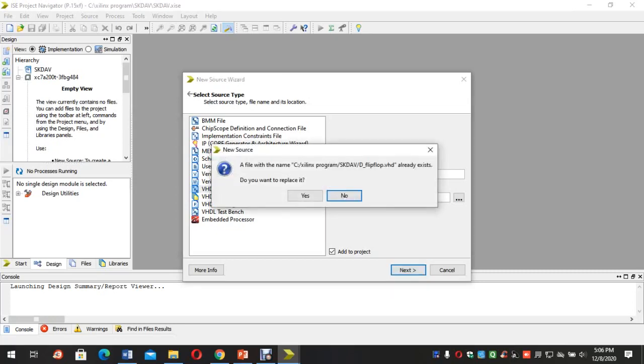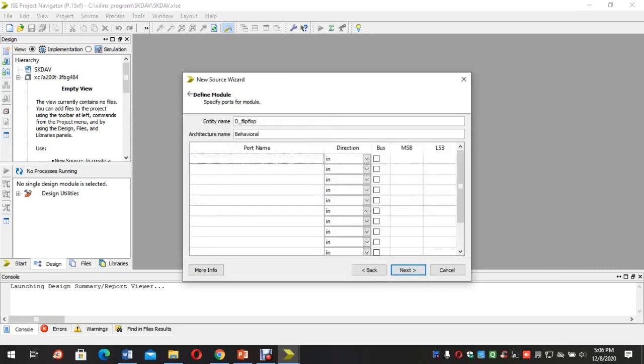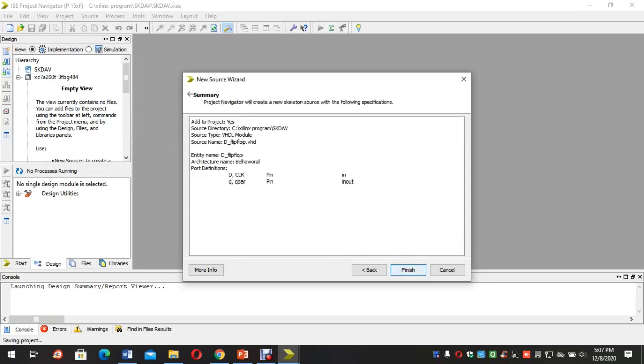Then next, here we define our input output. D and CLK are used as input, but the output of D flip-flop is also used as input. So Q and Q bar are declared as inout, means it is used in both input and output. Then next, finish.